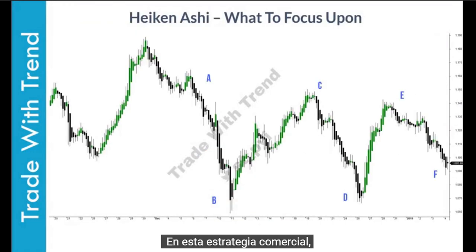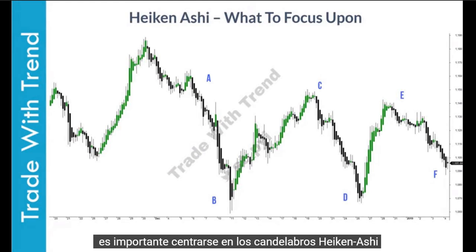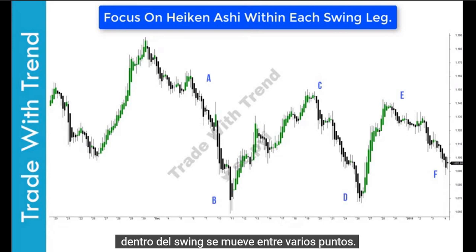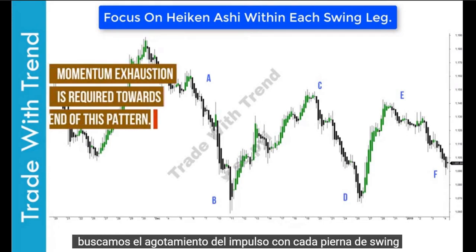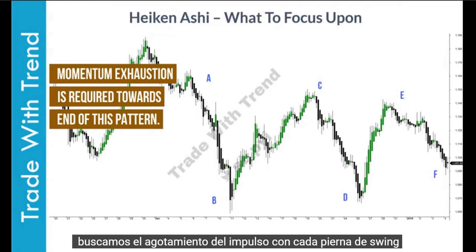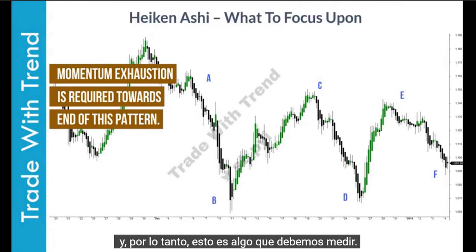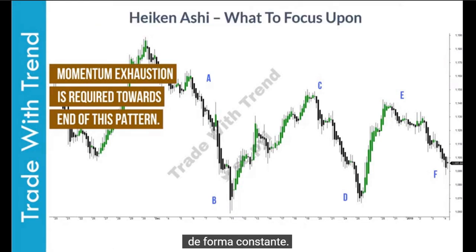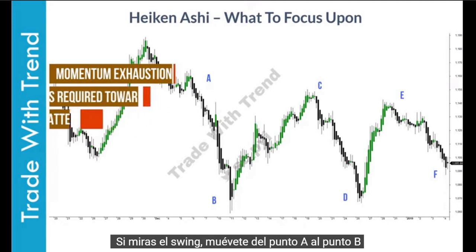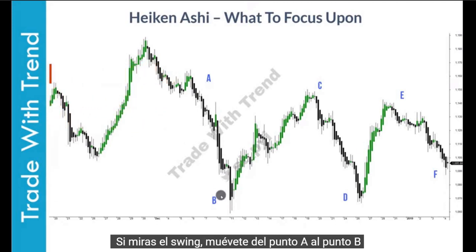In this trading strategy, it is important to focus on Heiken Ashi candlesticks within the swing moves between various points. Do remember that in this strategy, we are looking for momentum exhaustion with each swing leg. And hence this is something we need to measure on a consistent basis. If you look at the swing move from point A to point B, there are 8 Heiken Ashi candles that